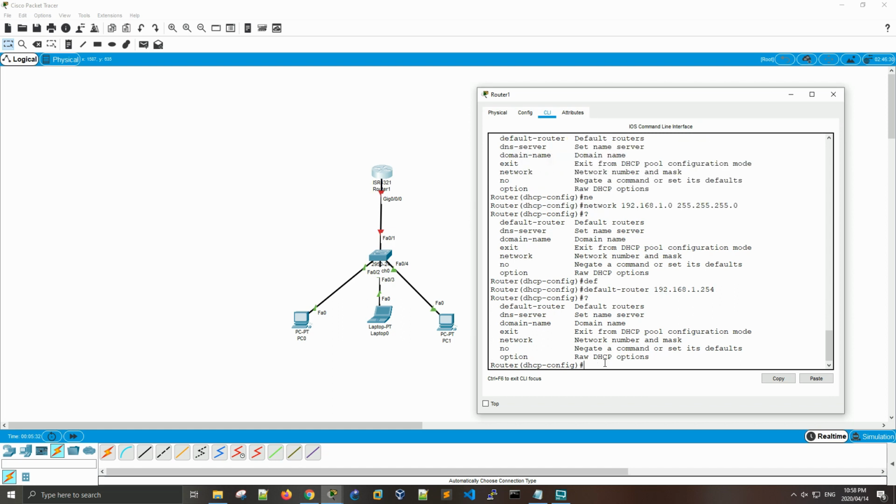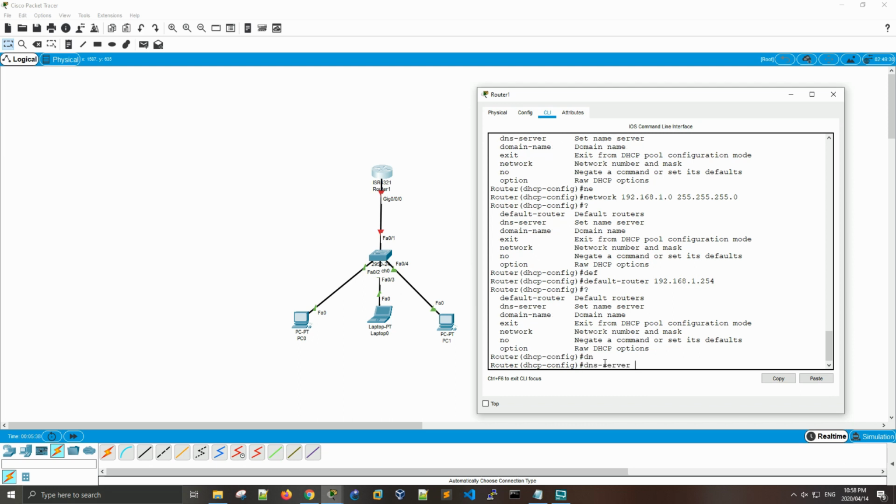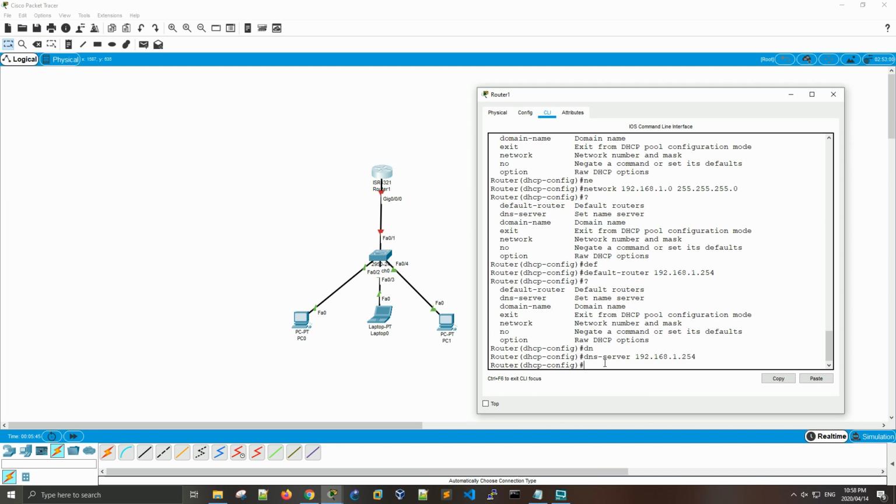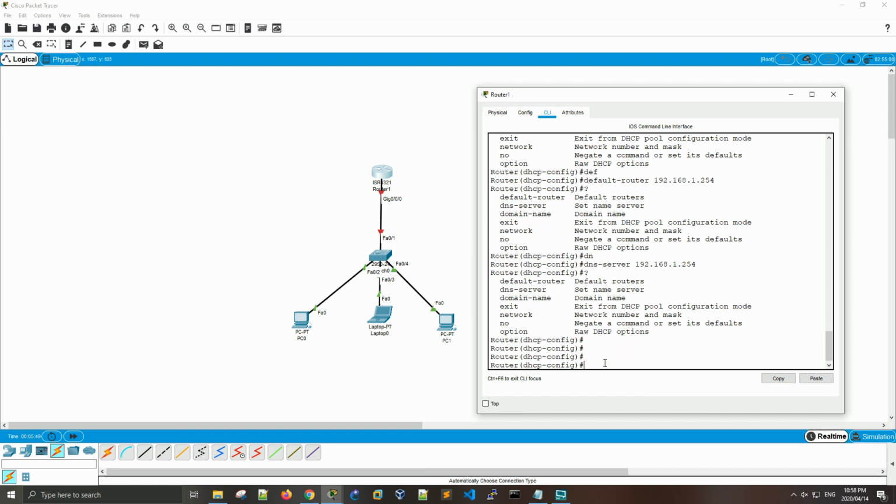And let's see what other options we've got here, and we've got DNS server as well. So let's go ahead and do that as well. It will be 192.168.1.254. Okay, so that pretty much does it for the